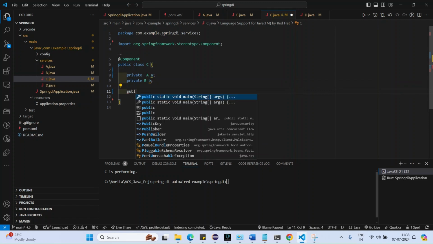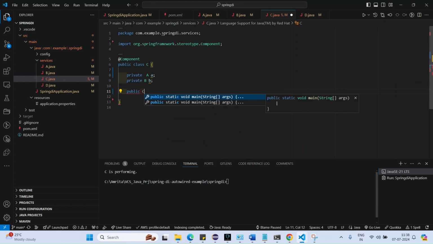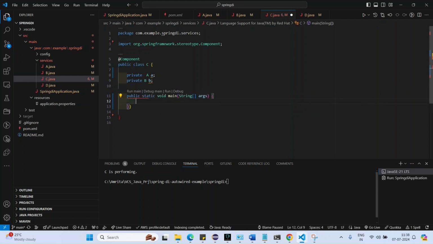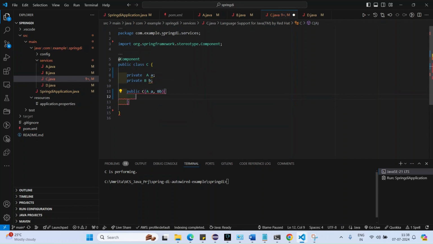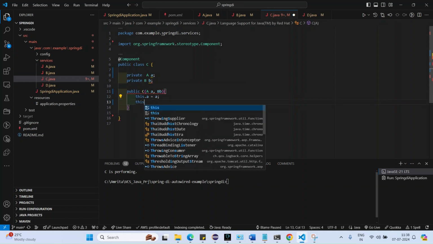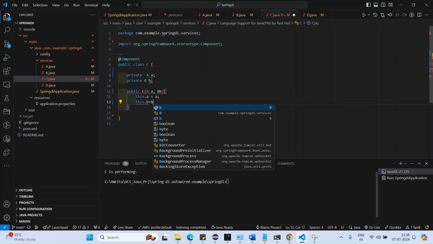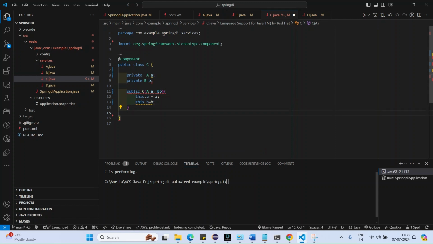And now I'll have a constructor public C in which I'll pass A as well as B, and here I will put this dot A equal to A, this dot B equal to B. So we have instantiated